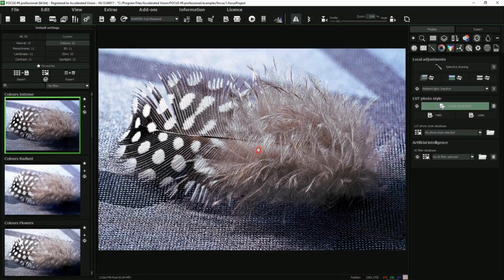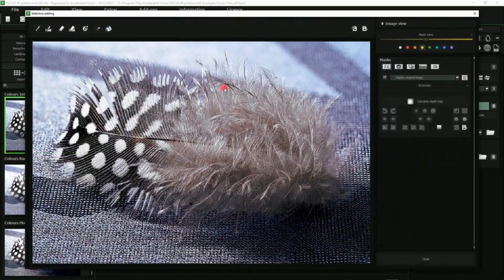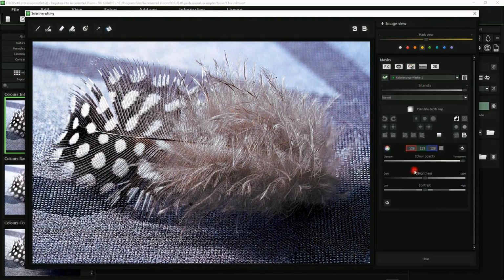There have been some significant enhancements in the selective drawing module. Let's go in there, open it up. Now we find the selective drawing module, which you may already know from the previous version, Focus 5. There are some new features here. There's the new coloring module. Let's click on that, activate mask, then all the